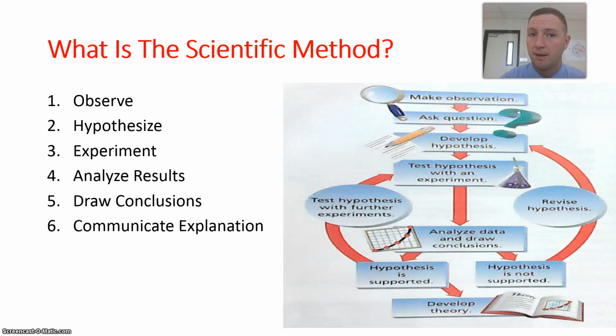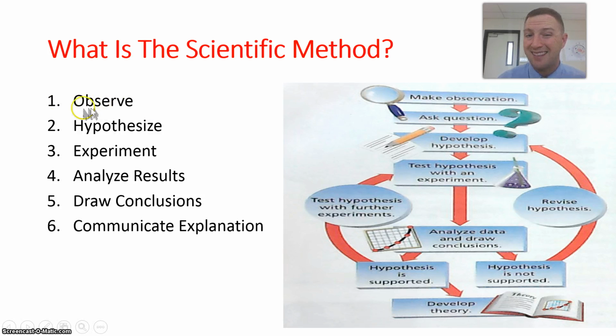Next, we talked about the scientific method. There are 6 steps to the scientific method. You need to observe. You need to learn about what you want to experiment with. When you look at the natural environment around you, you start to ask questions. Why does this work? How is this connected? And so I need to understand a little bit before I start. That's where the research and observation comes in.